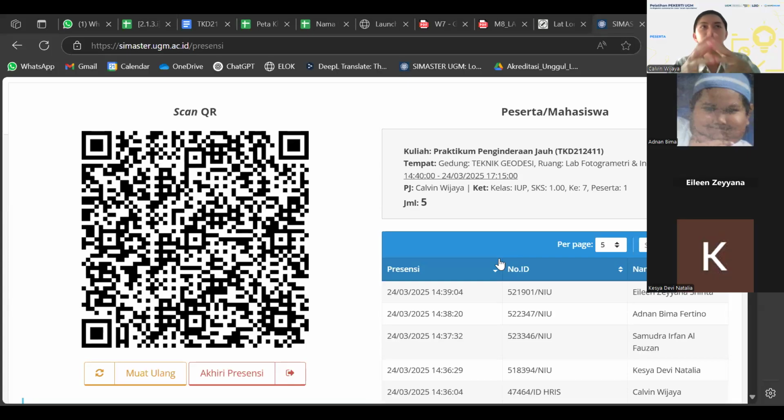Okay, so in the last week, we already learned about the first step to pre-process the remote sensing imageries. The first step is to calibrate the radiometric. We call it radiometric calibration or radiometric correction. The process is we want to enhance or create a clearer visual of our image because you know that